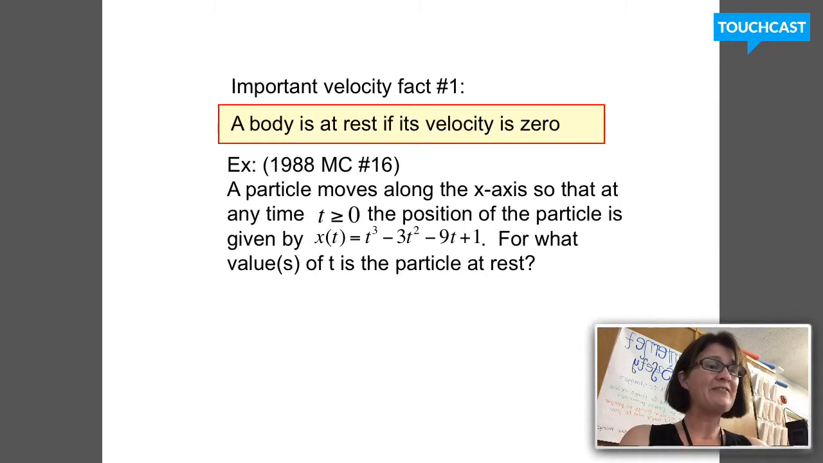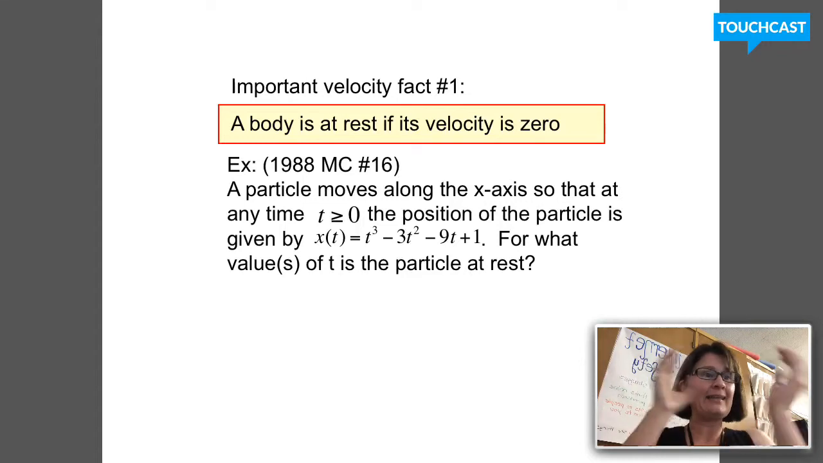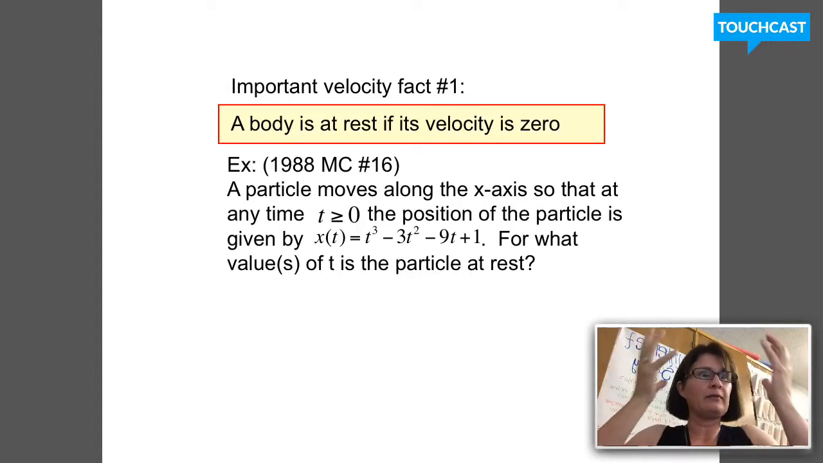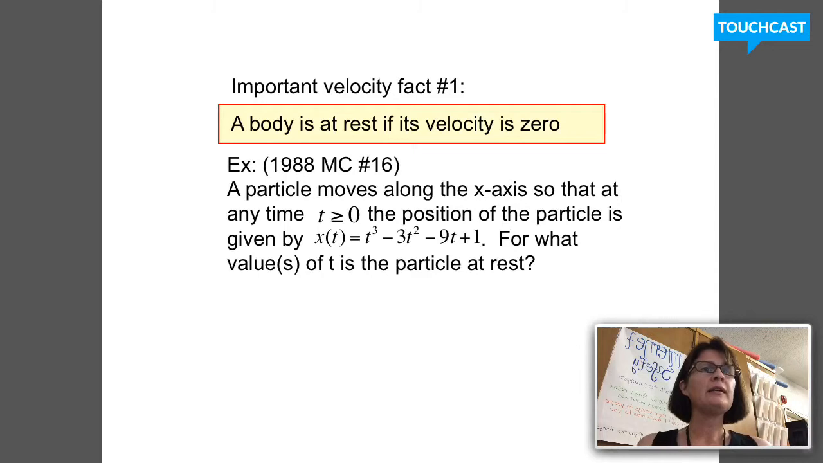Now, two important velocity facts. You'll hear this on the AP test. A body is at rest, anything that's floating through the air, something that's moving through time or space, is at rest if its velocity is 0. So this is an actual released multiple choice question from 1988, number 16. It says a particle moves along the x-axis so that its position is given by the function x of t equals t cubed minus 3t squared minus 9t plus 1. And for what values of t is the particle at rest? So the particle is at rest when the